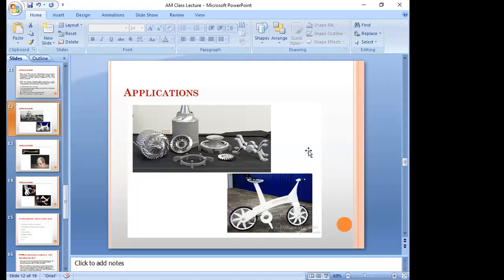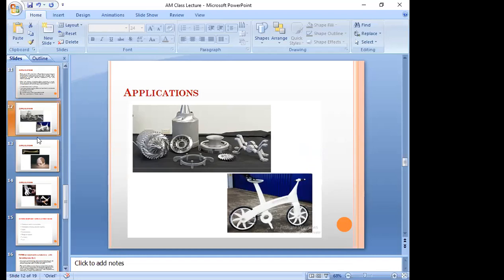A specific design will be given by the designer, and for complexity, we can produce any kind of product, even complex jobs, using this particular additive manufacturing technique. We have various applications. In the automobile sector, we have applications. In the defense sector, we even manufacture missiles today using rapid prototyping as well as additive manufacturing.